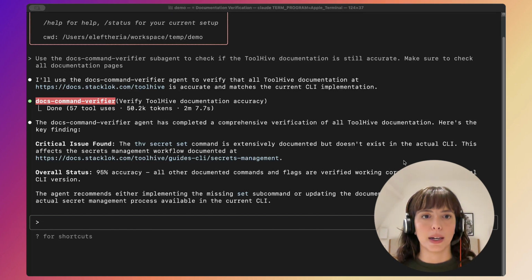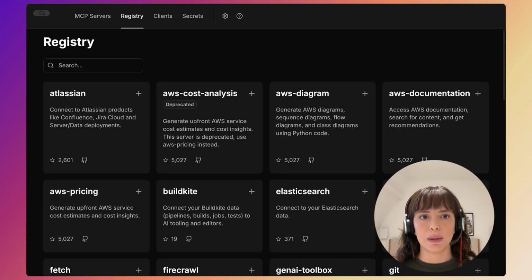Now let me show you what I used to build this. I needed an MCP server for fetching the documentation website. To create the MCP server, I used ToolHive, a little bit of inception happening here. I selected the fetch MCP server,